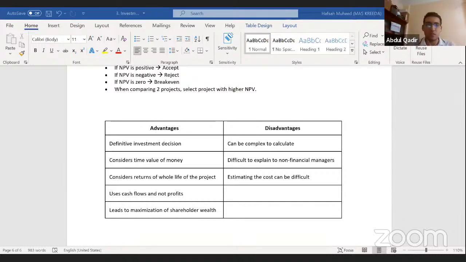Someone's asking the question number. This is the 2011 paper, question 5, part B. Someone's also asking if we do it in thousands, do we have to follow the same method for other questions? No, but if you are doing it for a question, you can mention it. You can do it in thousands for this one and not for another one. But if you want to do it in thousands, mention above each question that you're doing it in thousands. Just because you put it in one question doesn't mean it's applicable for all.